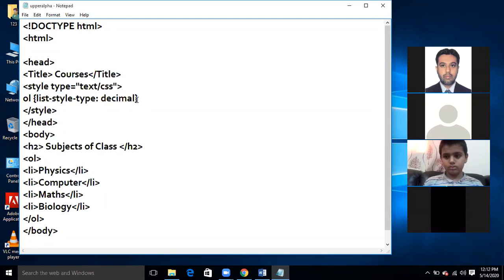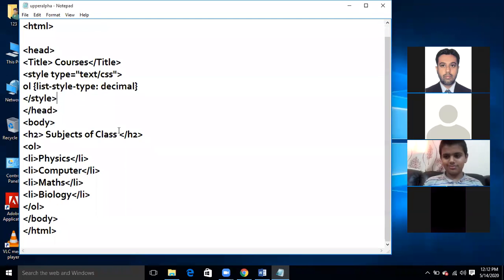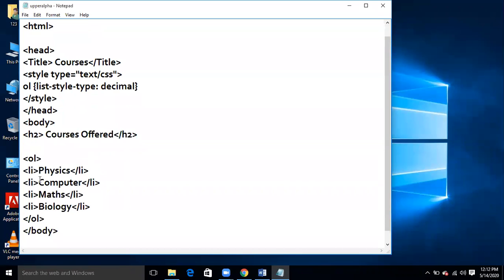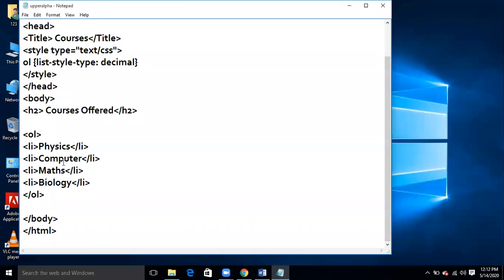List style type I'm going to take as decimal. Okay, and I'm mentioning over here courses offered as heading. Now OL is being used over here. Why? Because it is an ordered list. It is not UL. Why? Because it is an ordered list.